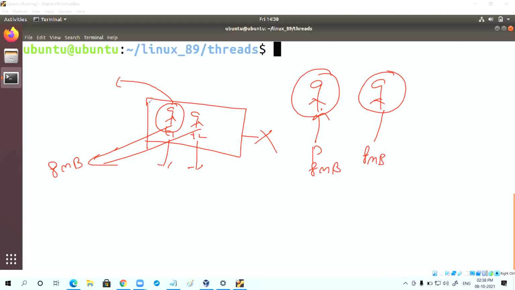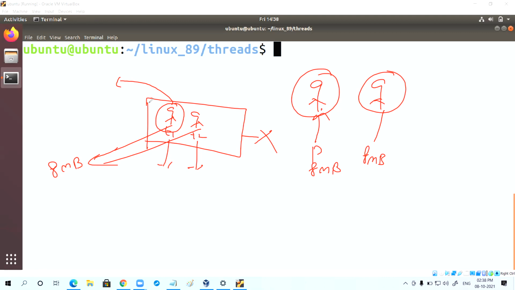And the second disadvantage is because of limited stack, all the threads need to share the same stack.